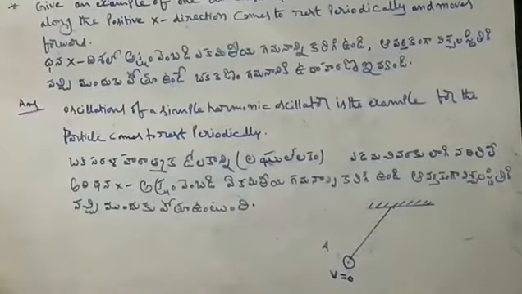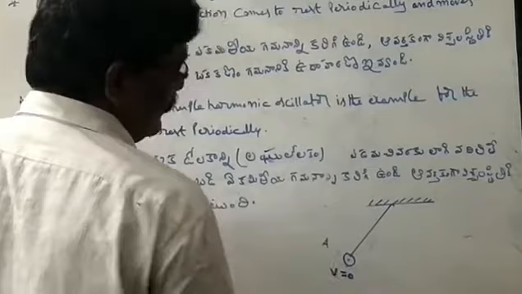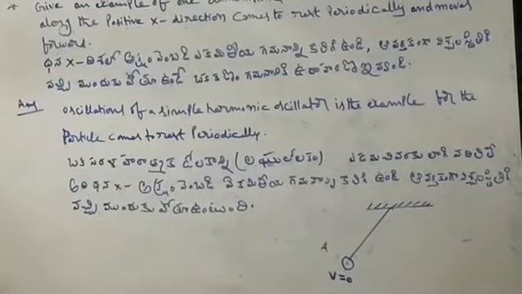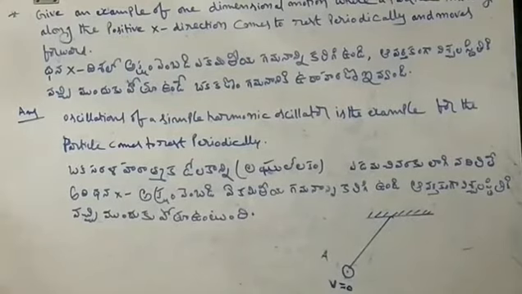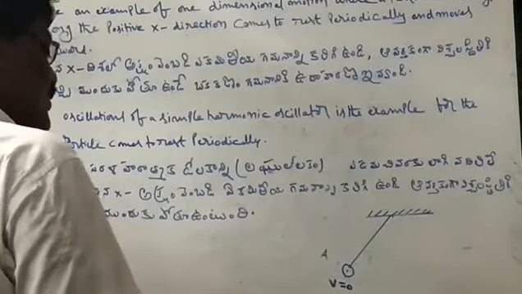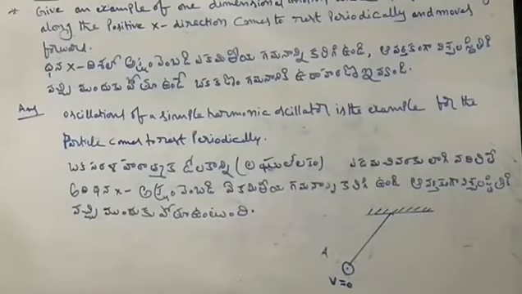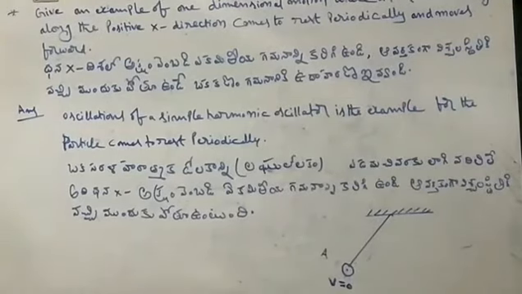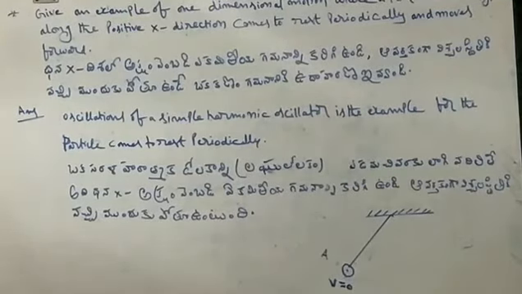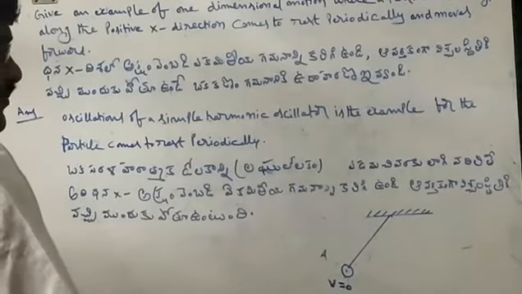The velocity of the bob at the extreme position is equal to 0. The velocity of the bob of a simple harmonic oscillator, that means a simple pendulum, is 0 at the extreme position. The bob velocity V is equal to 0. Okay? That means periodically 0. Velocity of the bob V is equal to